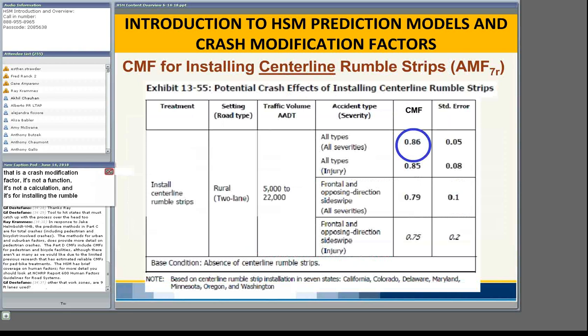So if you have a three-legged stop-controlled intersection, or only stop-controlled intersections, there's not a CMF for skew angle at signalized intersections. It's assumed that the signal itself